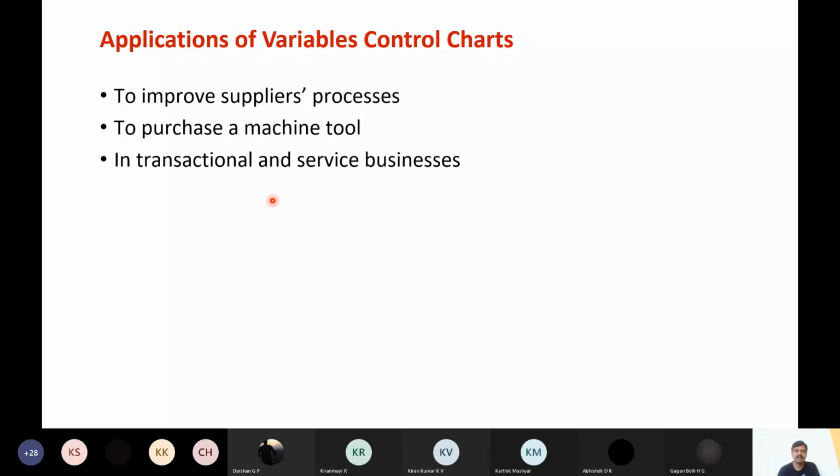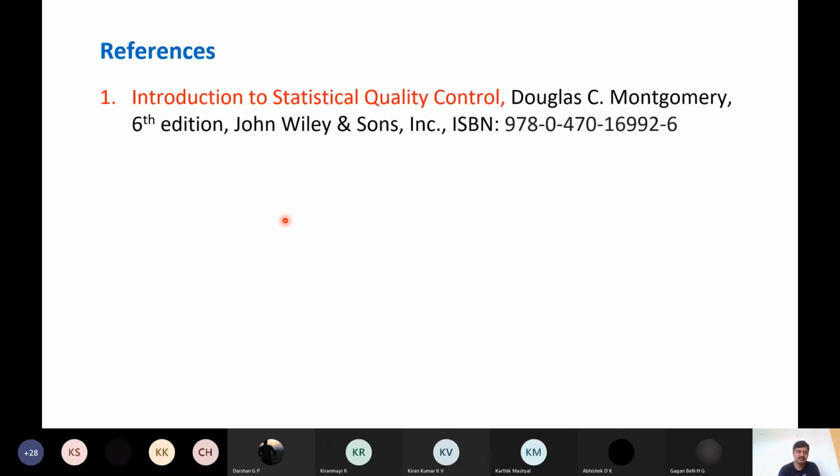It may be regarding processing a check or making a payment. For that also these control charts can be used. These are the case studies. There are so many applications; these are only a few examples given in the textbook. So this completes